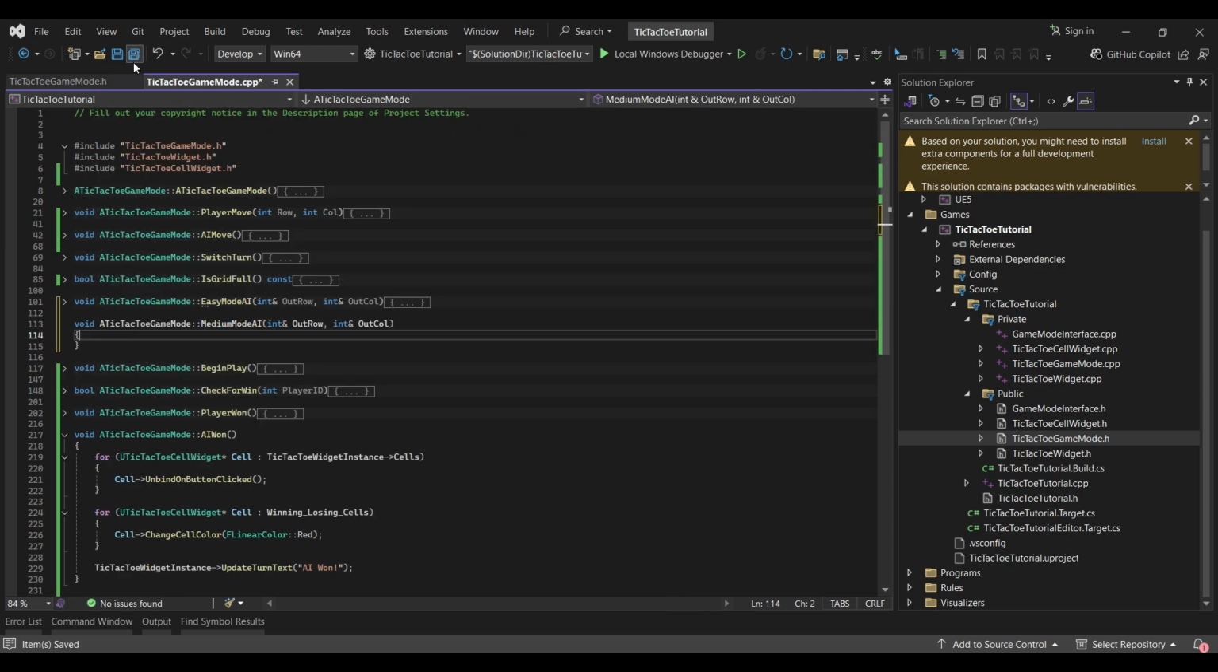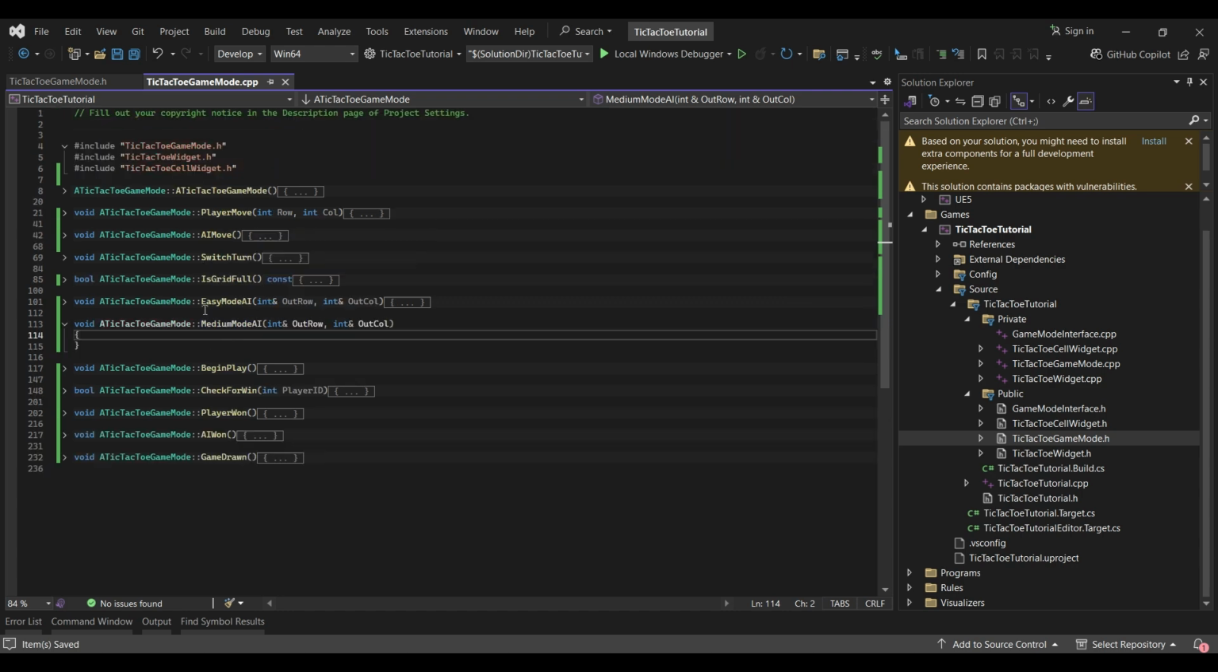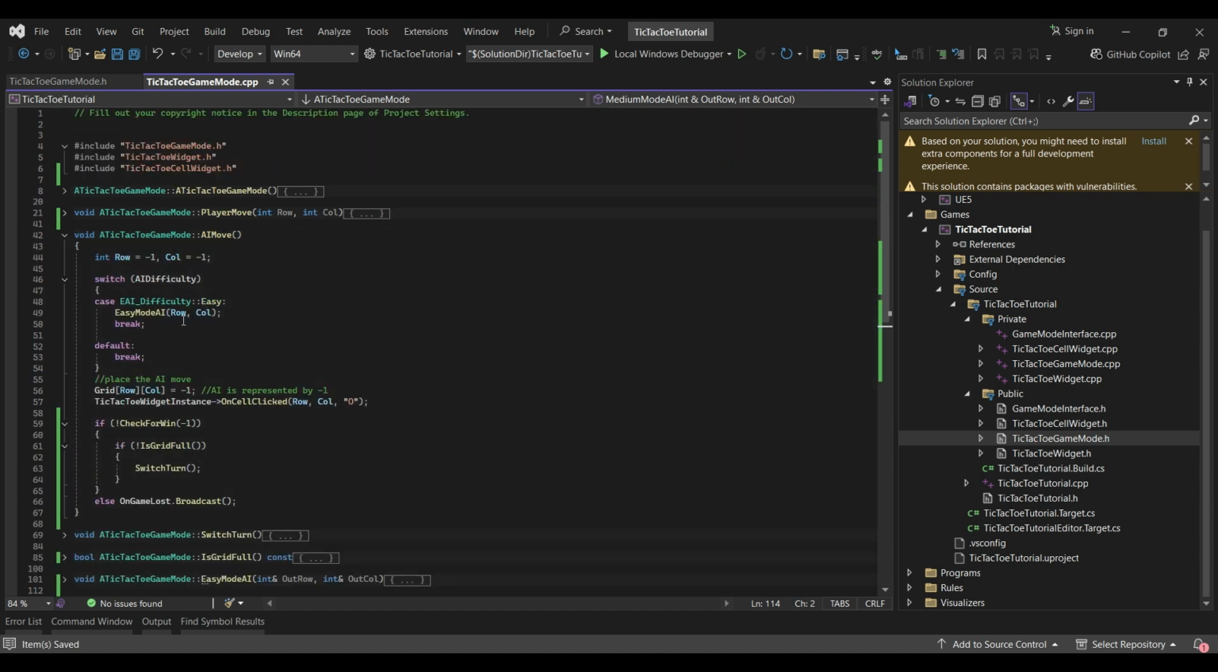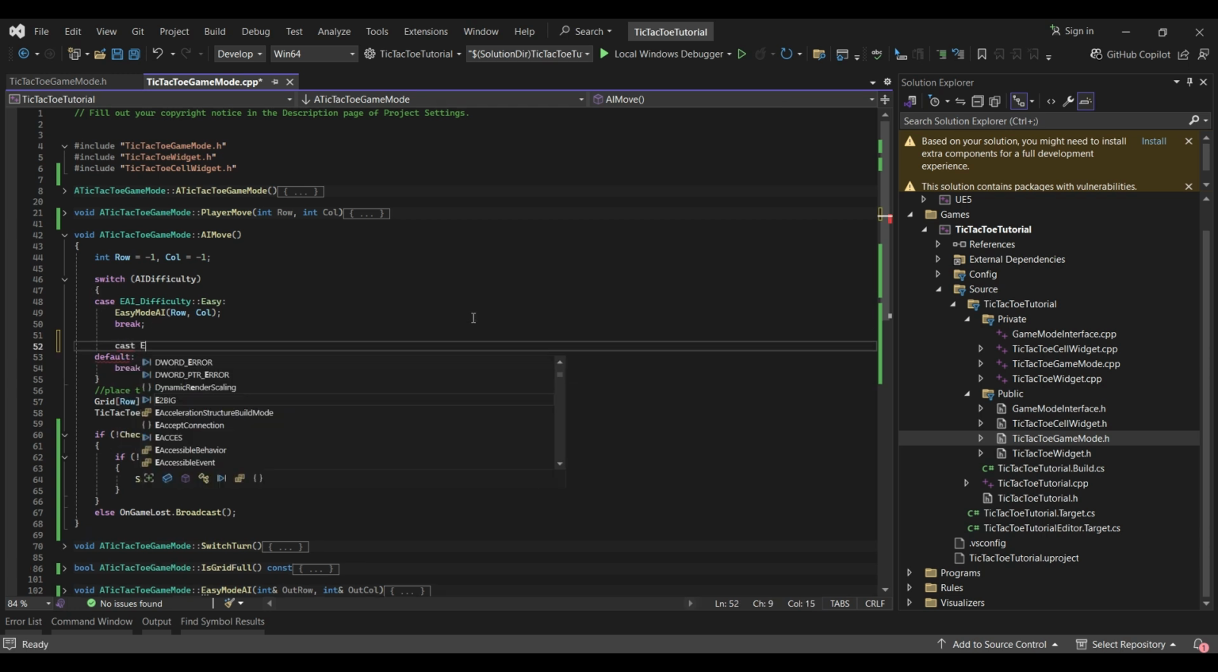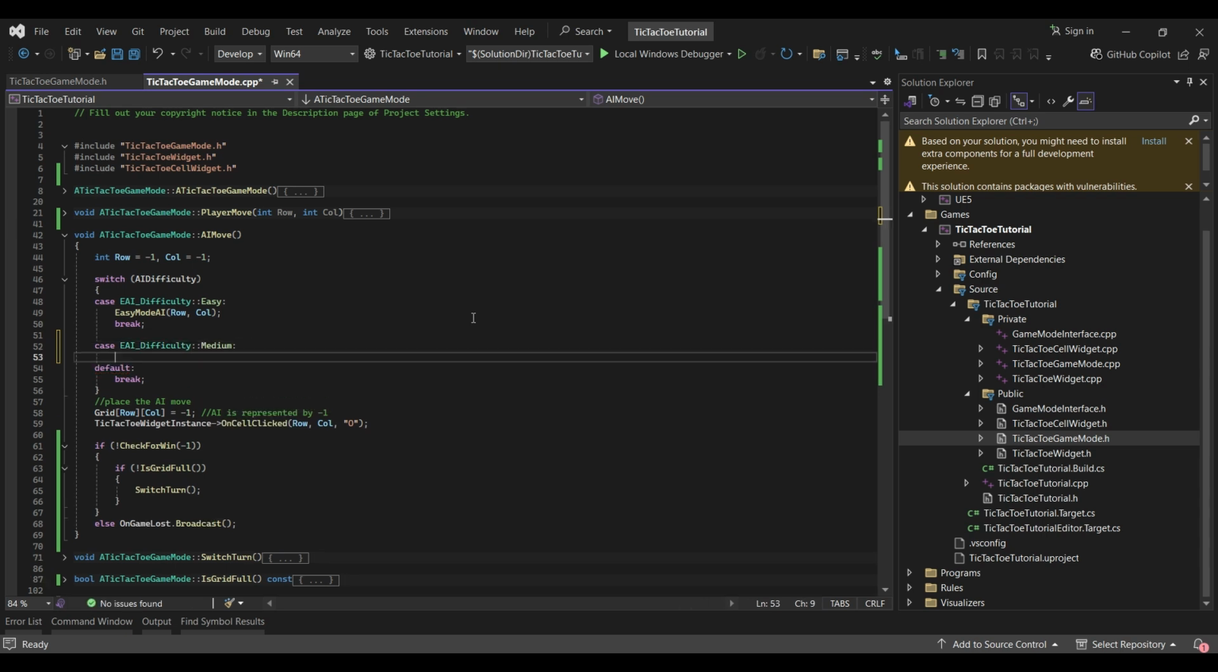So let's go back to our AI move function and add a new case for switch. This time it's medium, when the AI difficulty is medium. So case EAI_difficulty_medium. Okay, so now